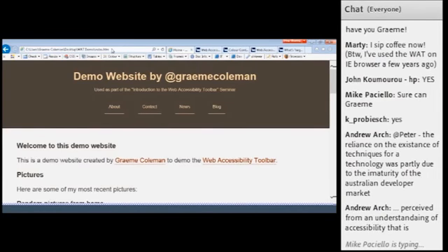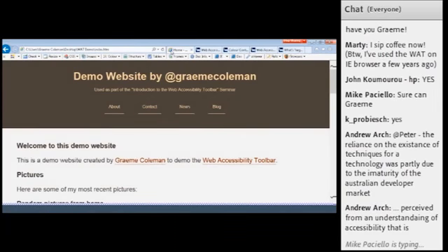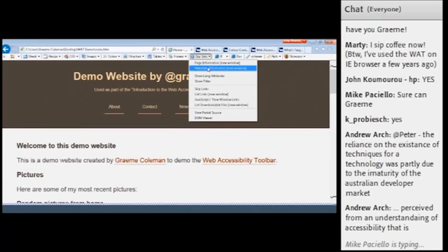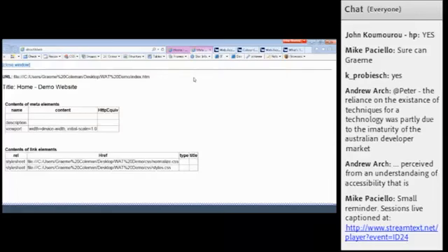Things that we might be talking about here are making sure that paragraphs of text are marked up, making sure that appropriate list markup is used for list content, that data tables are marked up using the appropriate HTML data table elements, and that table headers are marked up correctly using the appropriate TH element in HTML.